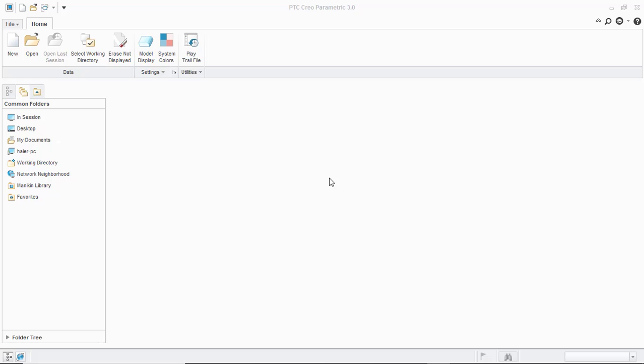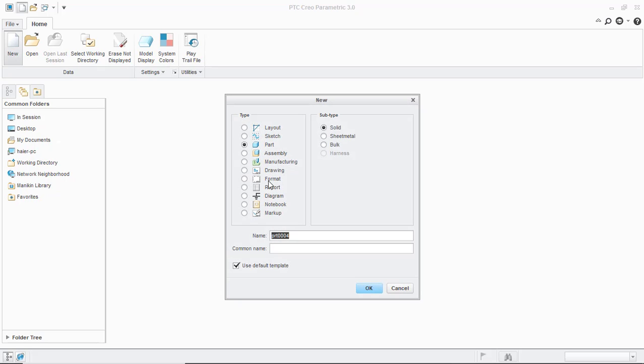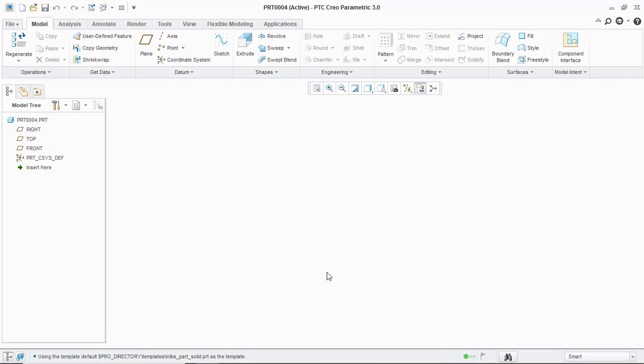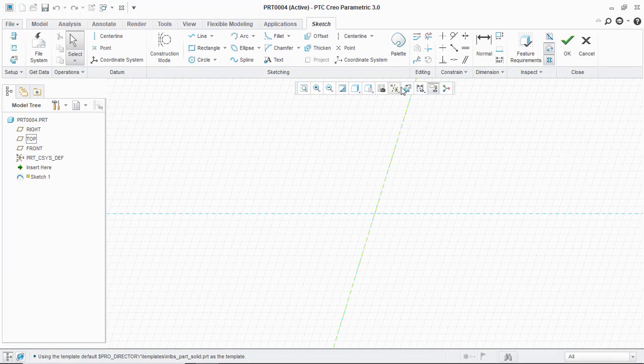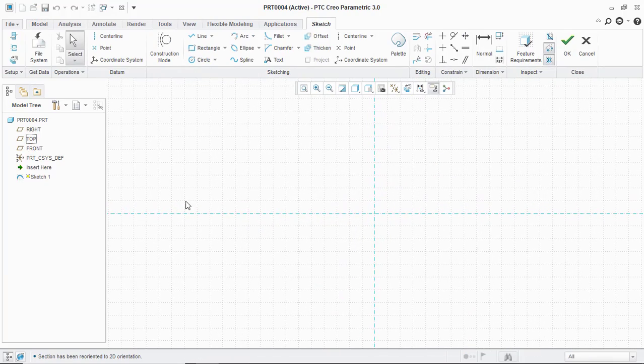Hey guys, in this tutorial we are going to make a trajectory rib, and we will see how it works. So open a new file, and here we are in the PTC Creo main interface. First of all, select top view and sketch view. So first of all, we are going to make a box, and for this select center rectangle,